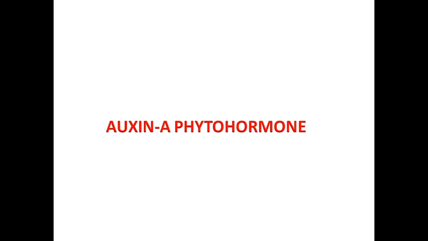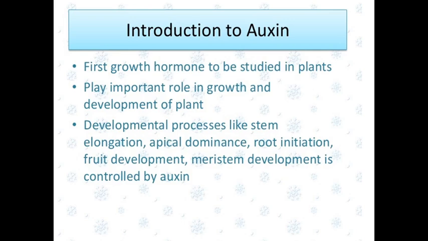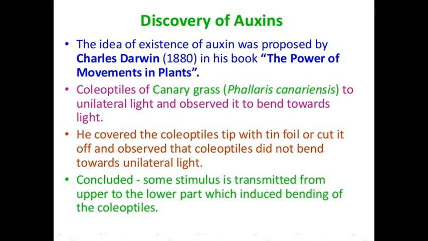First we'll be discussing auxin. Auxin was the first hormone to be studied in the plant. Its job is that it plays an important role in the growth and development of the plant. It does stem elongation, and it plays a role in apical dominance, root initiation, and fruit development. We'll be discussing these also. So, coming to the discovery of the auxins,